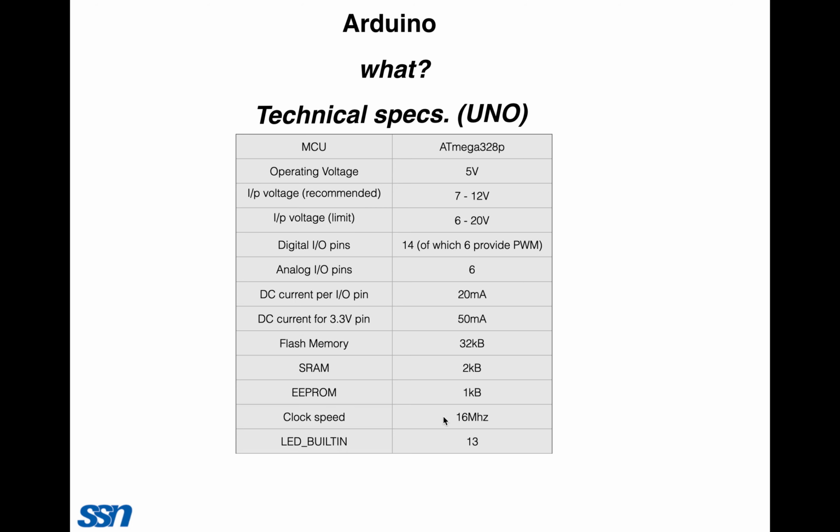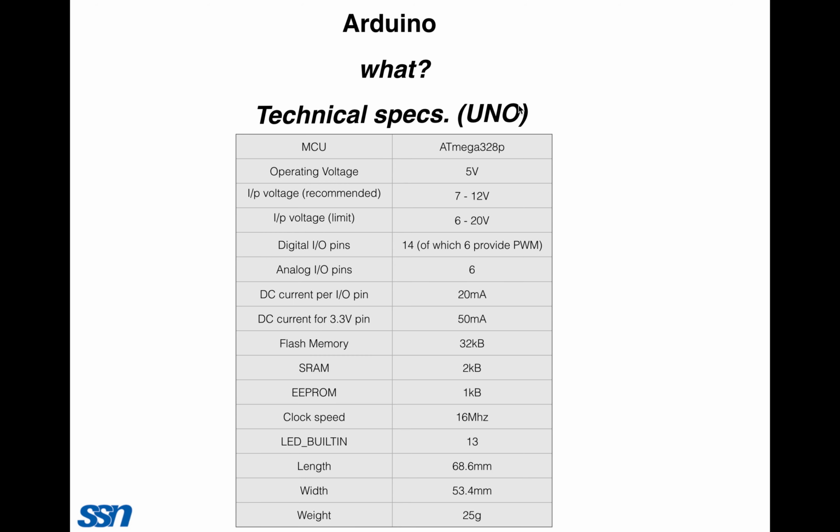LED built-in is at 13, which refers to the pin number to which the onboard LED is available in the UNO. And the dimensions are length 68.6 millimeter, width only 53.4 millimeter, and the weight is 25 grams. So these are the technical specifications of